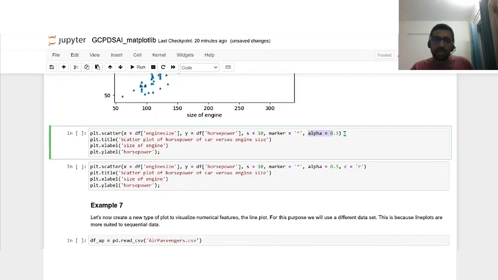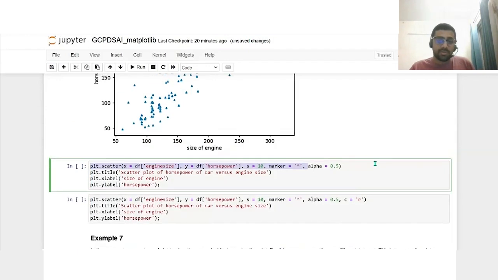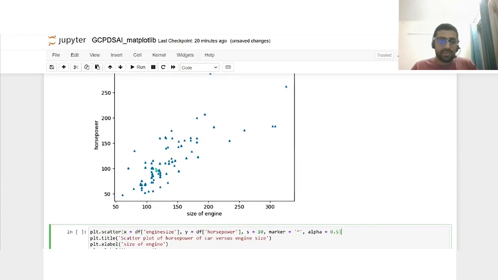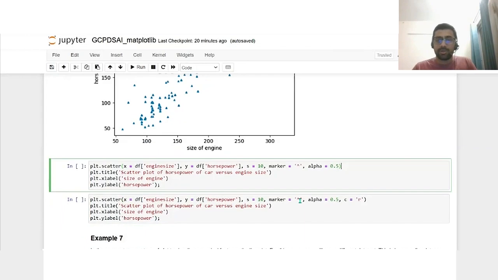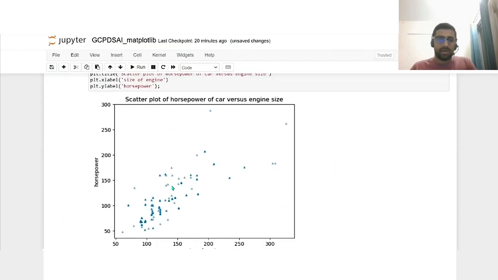Then one more thing is alpha. This is one of the more important parameters. So what this controls is the transparency of your markers. Okay, so each of these, if you see, some of these areas are getting really dark, right? These triangles together getting really dark. You don't even know how many triangles there are. So if you want to look at your data a bit more clearly, you can use alpha to reduce the transparency. Okay, so if I just add the alpha, now you can see, I think everybody is able to see,